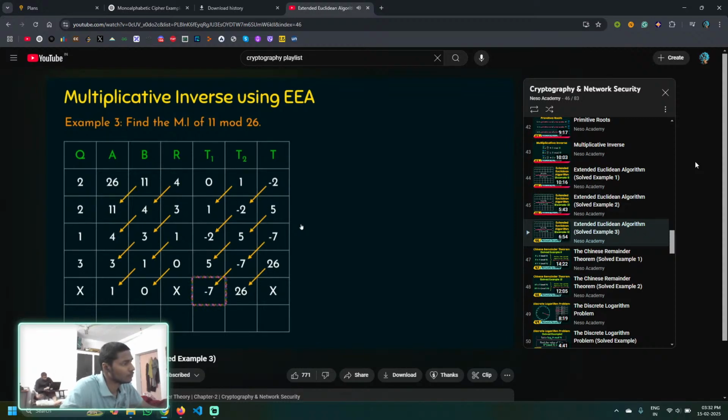But just recollect this, I told you always have the final result in positive. So how can we make it positive? So it means minus 7 is the multiplicative inverse of 11 mod 26, which is perfectly fine. But we want a positive number. This minus 7, in other words, it is minus 7 mod 26. When we have minus 7 mod 26, just add minus 7 and 26, we get a positive number. So minus 7 plus 26 is equal to 19. So it's clear that 19 is